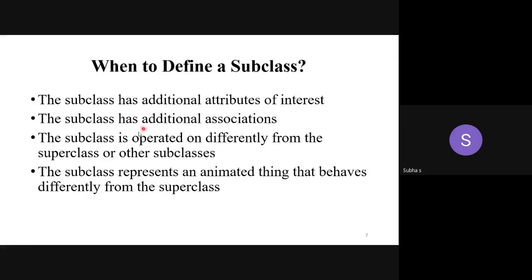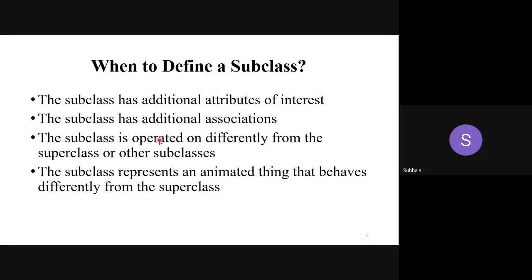Next, third one, the subclass is operated on differently from the superclass or other subclasses. That means what? Different operations. Yes, subclass can have additional attributes. It can have additional association. It can have additional operations. There is a third thing, additional functions. Though it is accessing the superclass functions, it may have its own methods or operations also.